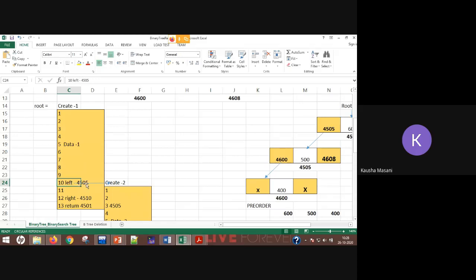So here create function is getting called the second time, that's why it is written create 2. These 3 lines of code are still remaining from the initial function call 1. They are not yet executed. Before executing those, you are again calling this create function.